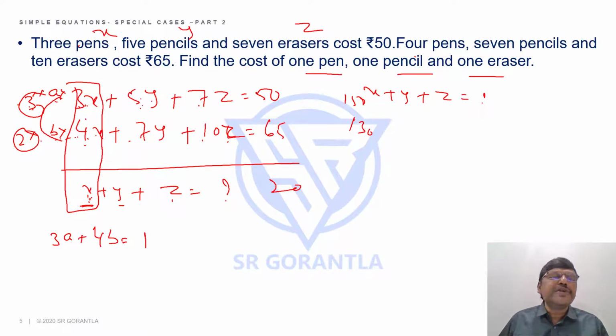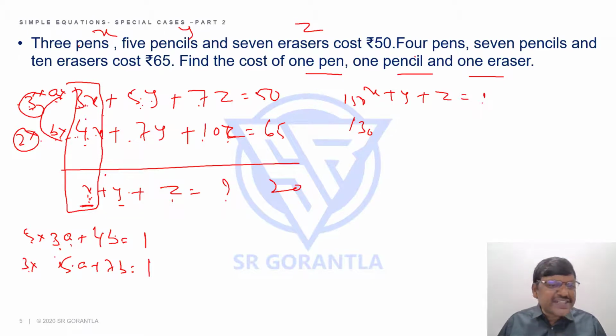Similarly, y coefficient is how much? 5a plus 7b. When I add these two equations, I should get this, which I said is 1. So how many times the first equation and how many times the second equation will get me the third equation? I have to find the a and b values. Look at these, students. If I multiply this with 5 and this with 3, 5 3s are 15, 3 5s are 15, gets cancelled.